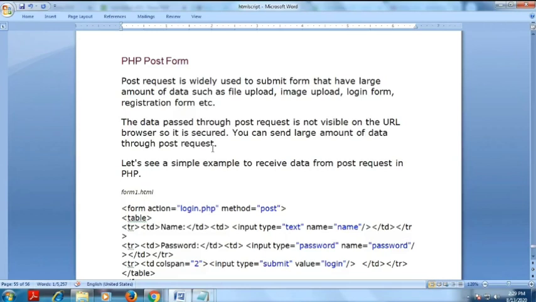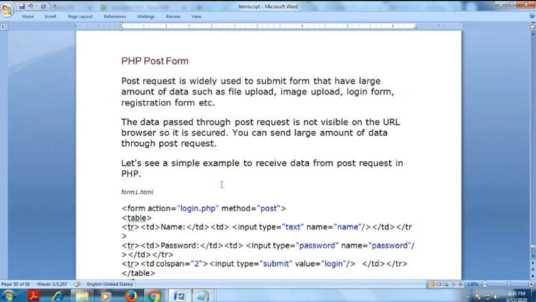Okay, this is the most important point. In a number of websites, they send all the form values using the POST method only. We don't use the GET method. This is the most strict rule. GET is not secure, so you have to use only the secure method, the POST method.